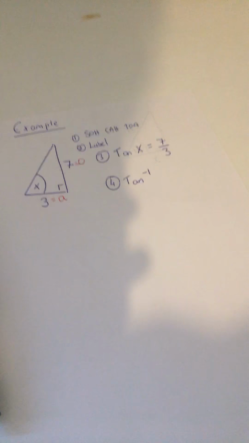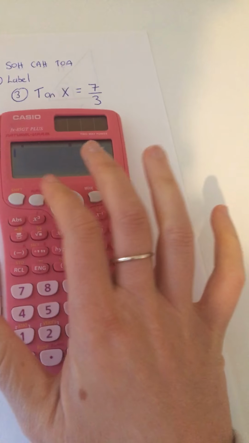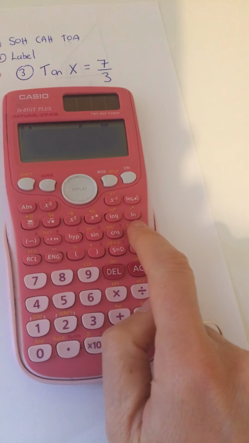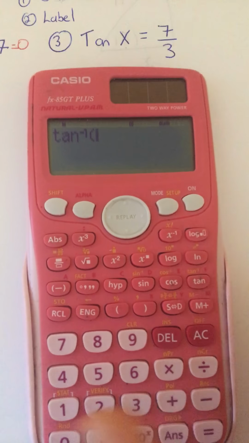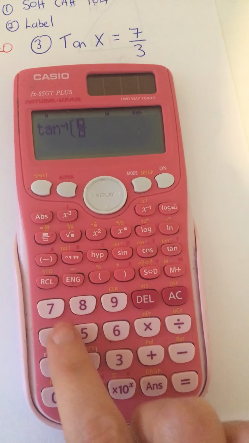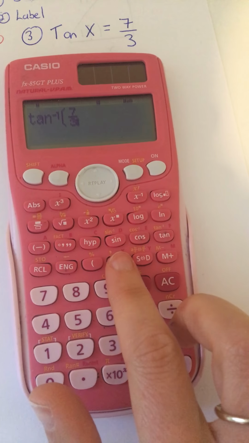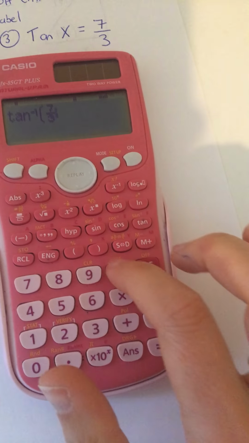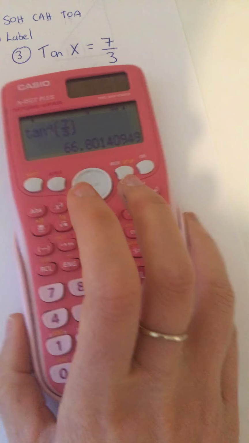And the inverse function, the backwards function, is on your calculators: you press shift and then we're working with tan, and you'll see there then the -1 comes up. And then you just use your fraction and we'll say 7 over 3, close your brackets, equals, okay,